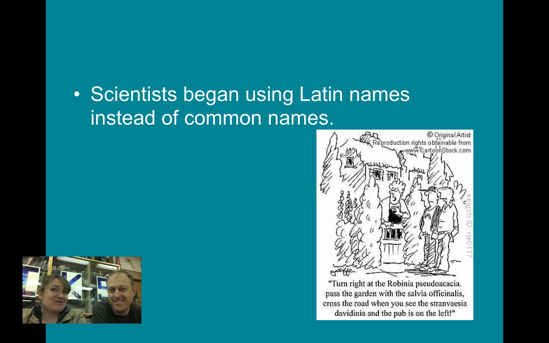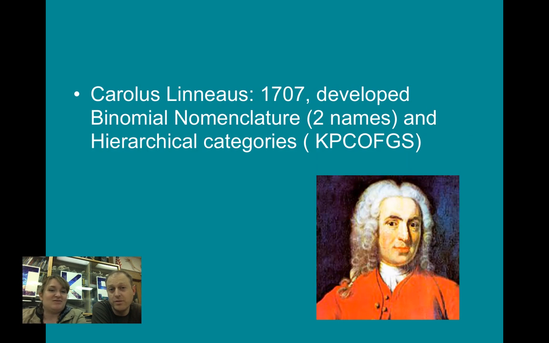So why do we use Latin for these names? It's a base language, so it's basically what a lot of other languages are based upon. Every culture has some form of Latin in it, so Latin and Greek roots. If I'm a scientist in America and you're a scientist in Germany, we can talk about the same organism, and you're not wondering what I'm talking about. It's the same name. We do need those commonalities, especially in science. It has to be like a standard.